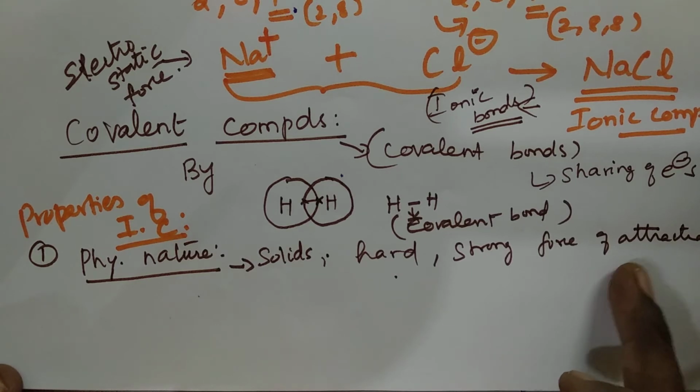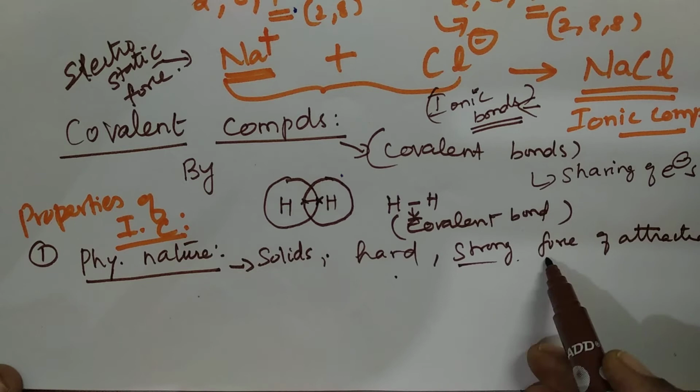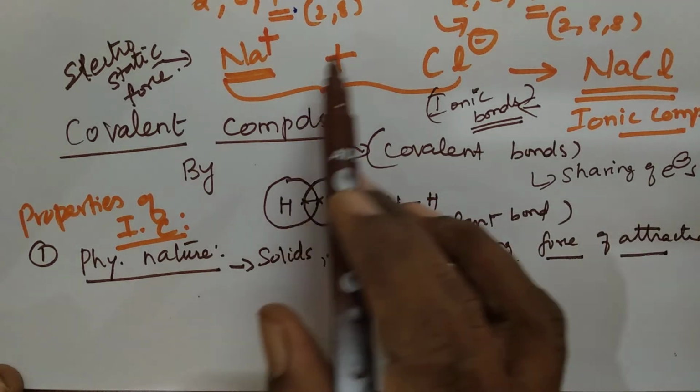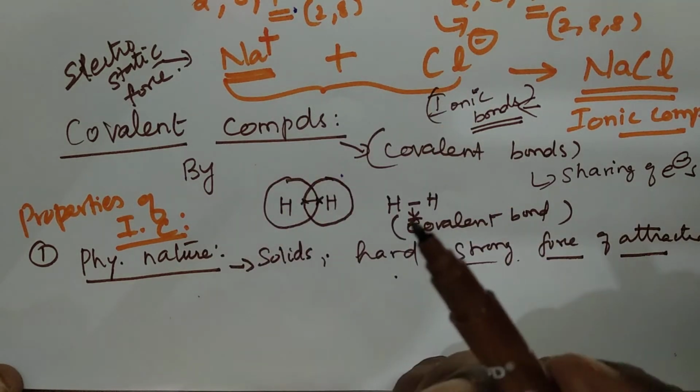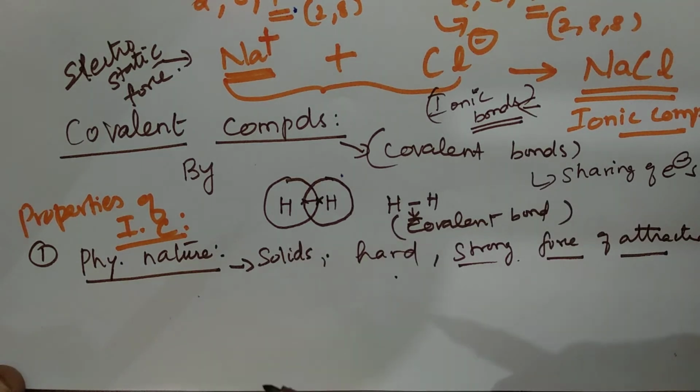And they are formed due to positive and negative ions. Because of that only, there is this strong force of attraction. So naturally the ion formation is there, so conductivity is also possible. These are, one after the other, the properties of these ionic compounds we are learning about. So for the physical nature, they are solids, they are hard, and they generally have a strong force of attraction.